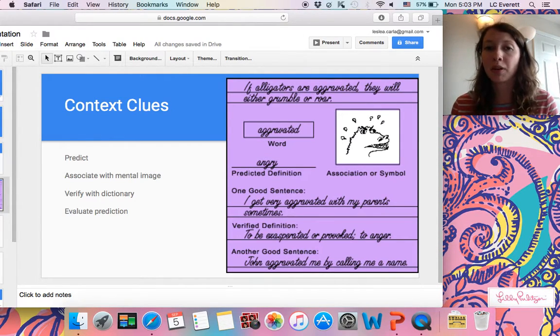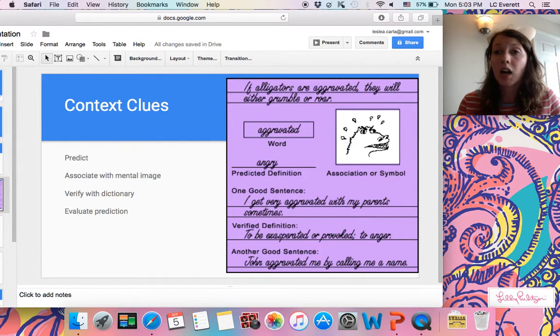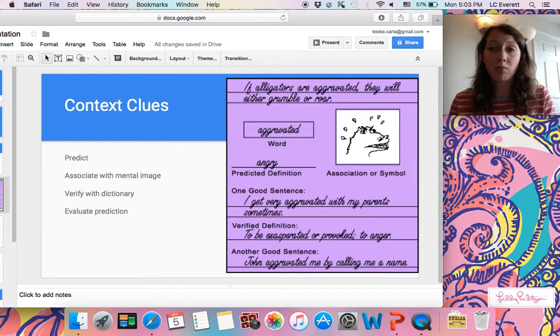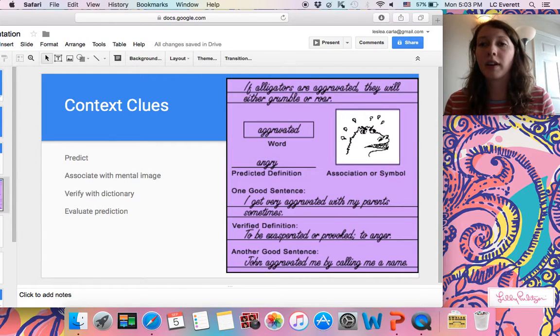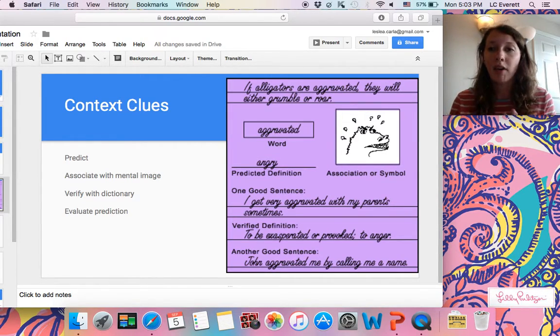So for P, predict, you come across a word that you don't know, you're going to use the context around it, that sentence, maybe the paragraph or the page, to predict what you think that word means. Then you're going to associate it with a mental image, so you're going to get a picture in your mind of that word and kind of what you think it means. And then you will verify with a dictionary what the word really means. So you'll get a dictionary out or you'll look it up online